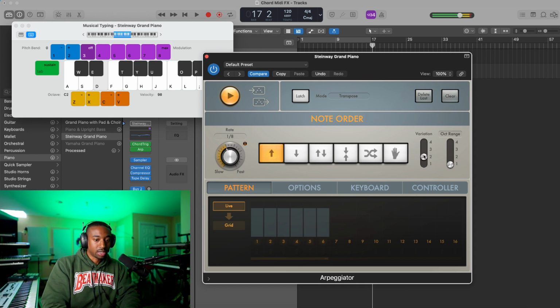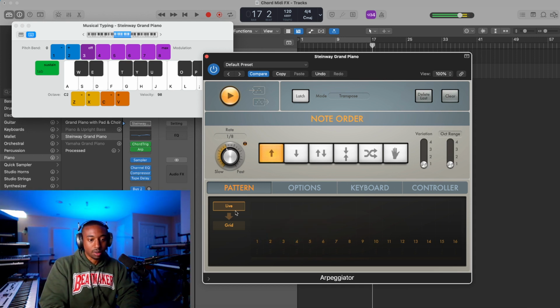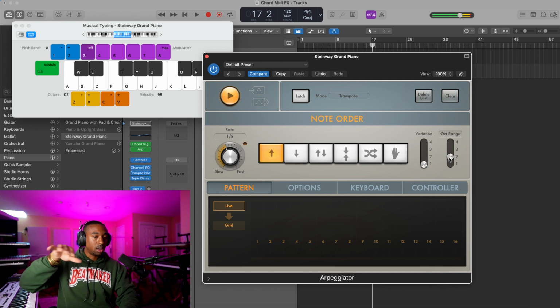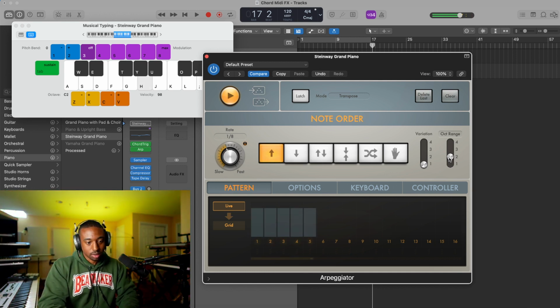The variation changes the style, like if it just goes up and down or... Now octave range is how far it's gonna arpeggiate. So it can go up, but how far up does it go?